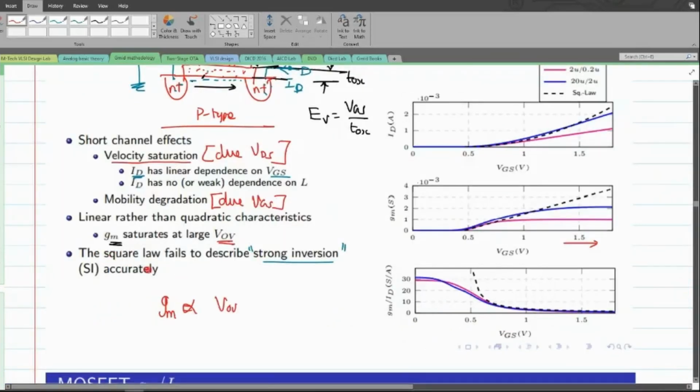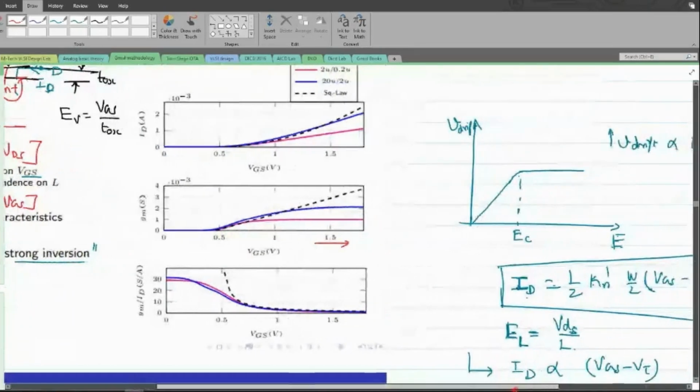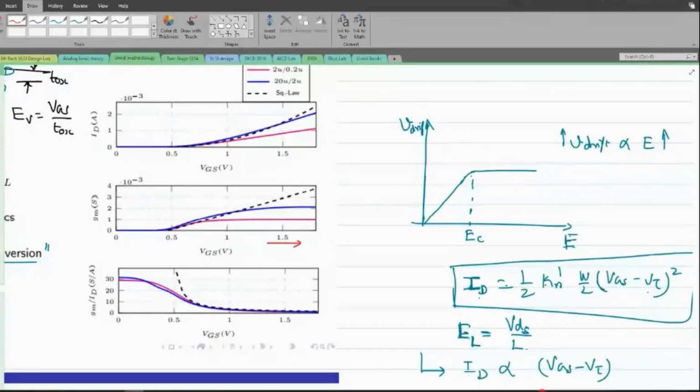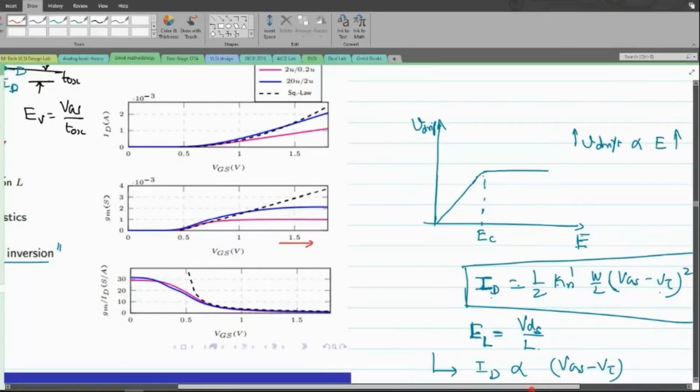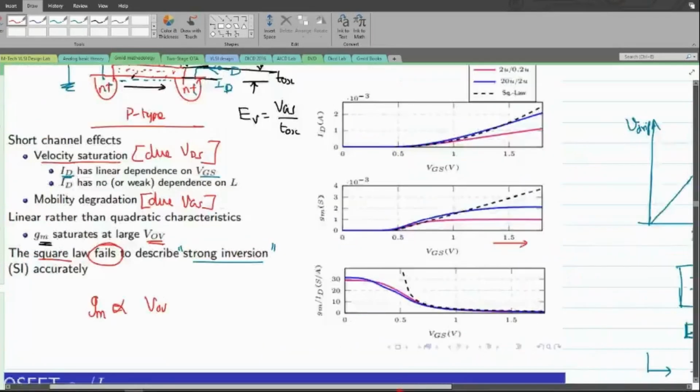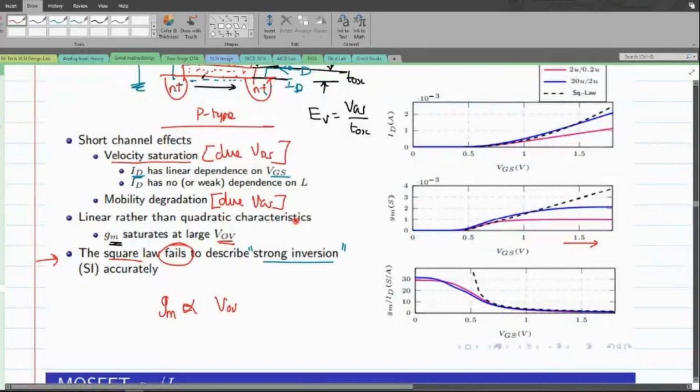So one thing that we could conclude is that in strong inversion, the square law basically fails. Okay, so that is the final conclusion that we could see when we look at a real device. Whatever the square law, whatever the current equation that we are studying in our courses, is not true. They are not applicable when you go for shorter channel devices. They are not applicable for nanometer technologies, and due to this we end up having these many issues.